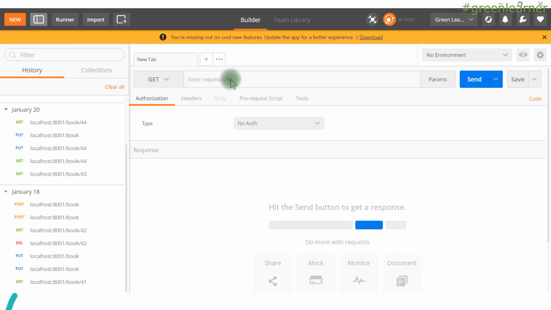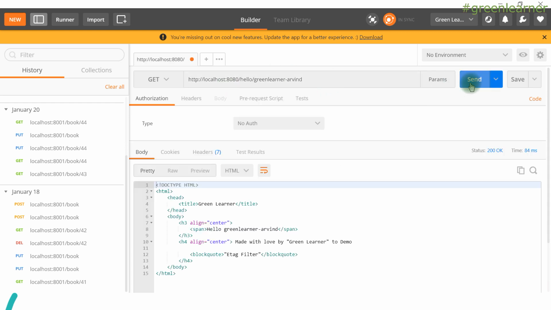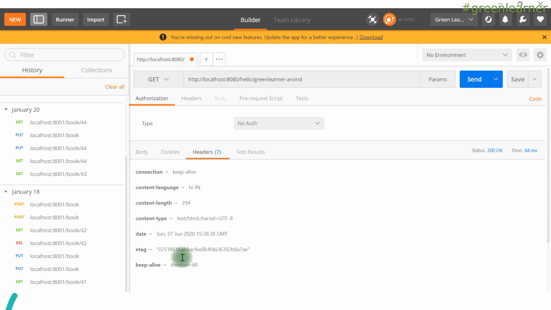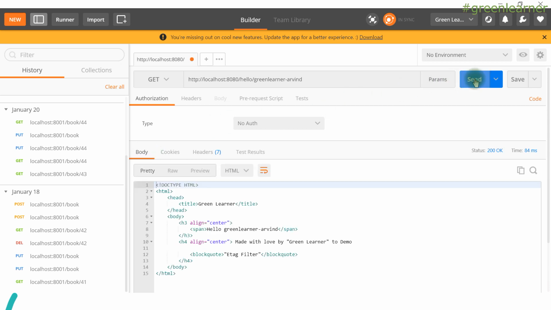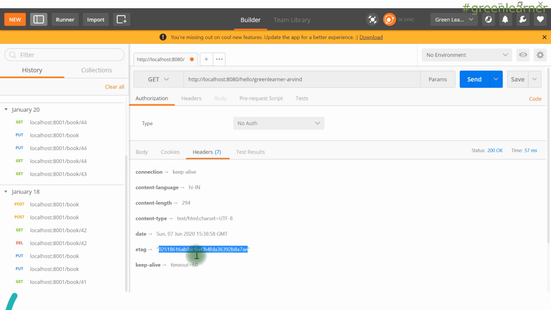So this is Postman, and this is the GET URL that I'm going to put here. This string I'm passing here, right? If I send it, we are getting this response with status code 200, right? And if I come here under header, we are getting all this information along with this one, right? And if I send it again we are getting a 200 response. As many times as I send it here, I'm getting the 200. It is not the same as the browser, right? The browser was preparing the request header if none match out of this E tag. In Postman I have to do that manually, right?